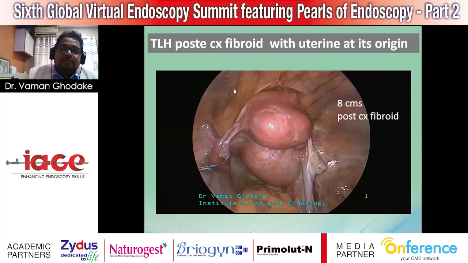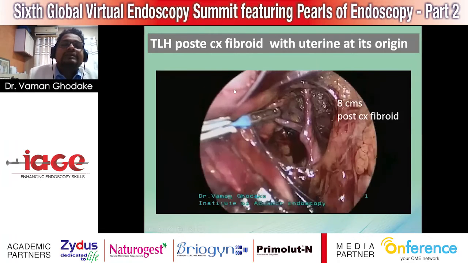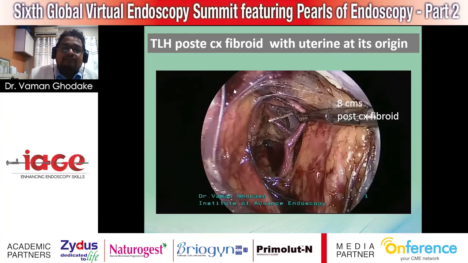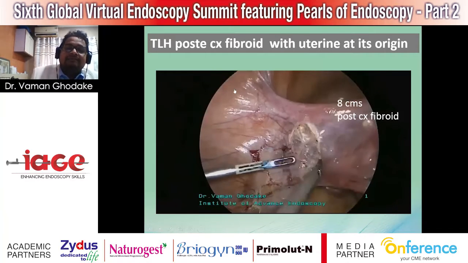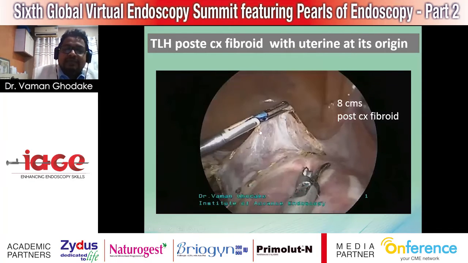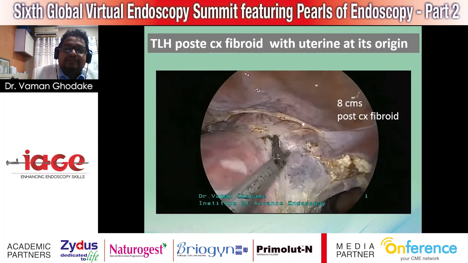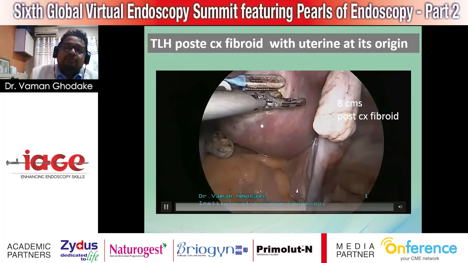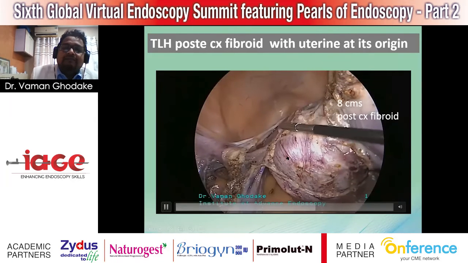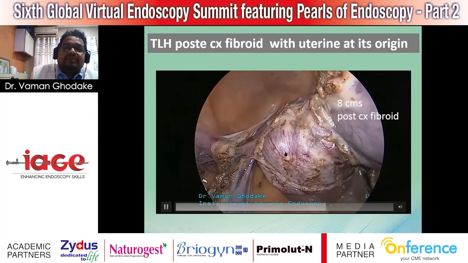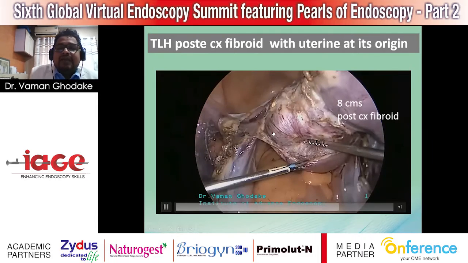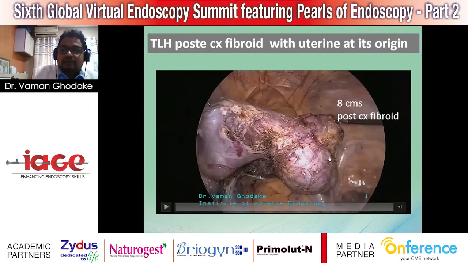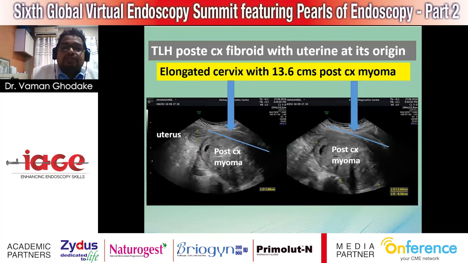Now, for the posterior cervical fibroid or the lower uterine masses, one should go for the uterine vessel. If you clip it at the start, we will have clear planes. Here we can see the engorged uterine vessels. Still, we have very clean planes. And while dissecting this posterior cervical myoma, we have clear planes here. Bloodless field, nice planes, and fair septi. So this is the complete PLH for the posterior cervical fibroid.